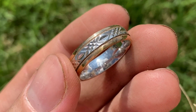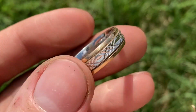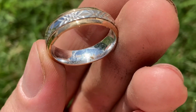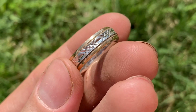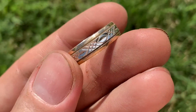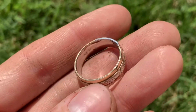Well, this is an interesting ring. At first I thought this was gonna be like yellow and white gold or something like that, but then it cleaned up kind of weird, and I thought it might have been just like a stainless steel ring or something strange. But no, it is marked 925 there in the band. So it's actually kind of an odd looking silver ring. And I have a suspicion that this may have been a wedding band at one time. It's not going to have a ton of value, but it's actually a pretty nice little ring. I'm not sure if it's going to be some sort of designer ring or what, but